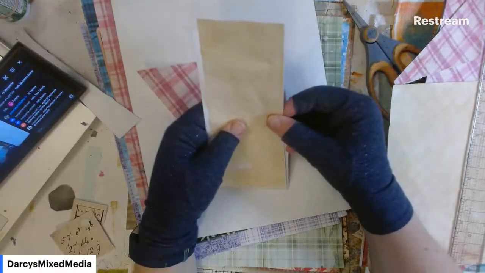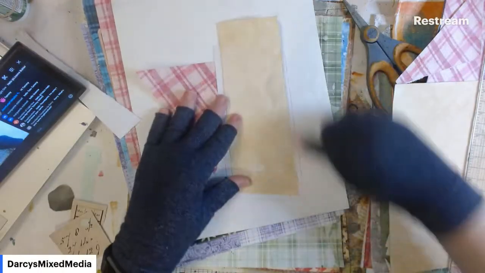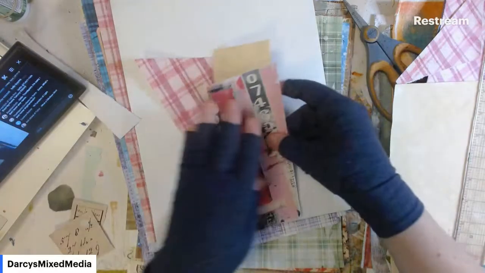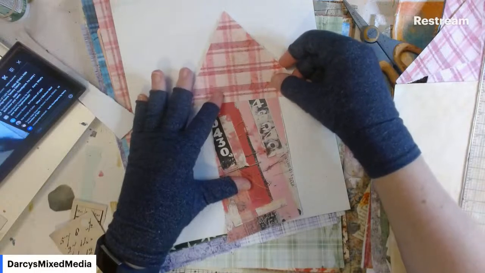Okay, so you can see that when it goes in the pocket and the pocket's glued around the edges, I still have some room. So I want to have that lined up so that when I put my roof on, I'm just going to,